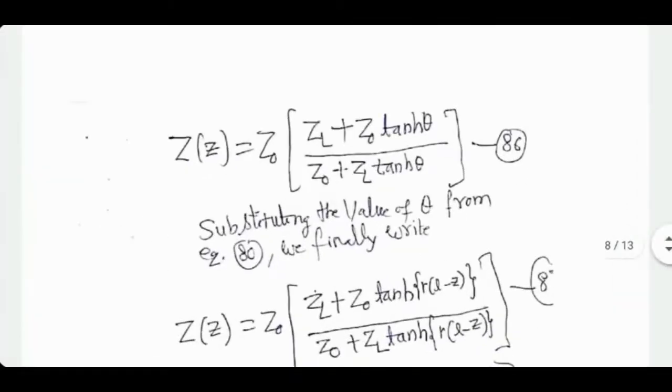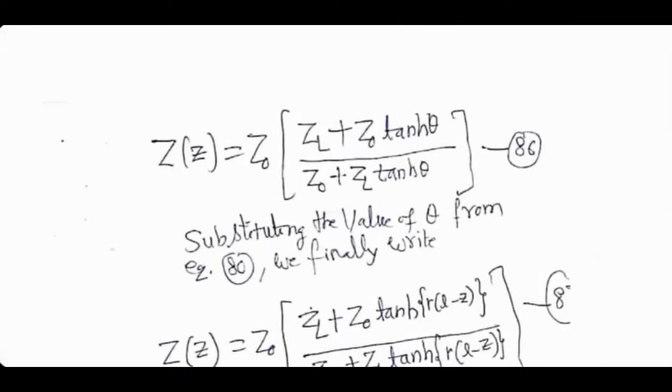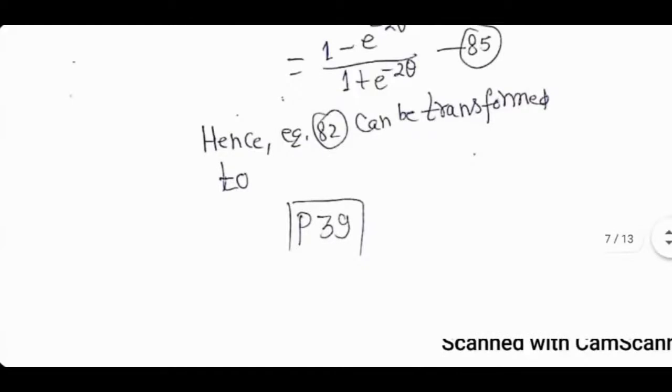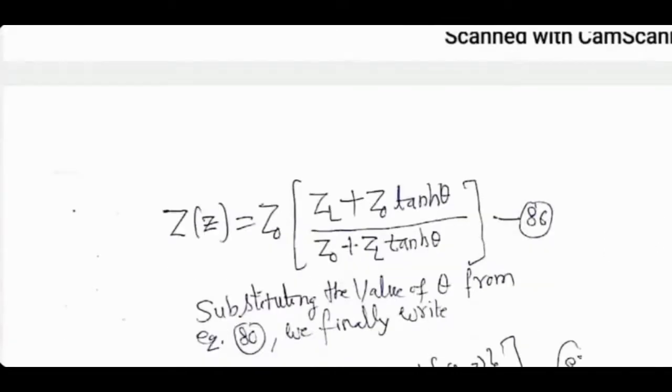The final formula for the impedance of the line at any location small z is given by this well-known equation. I think it's 86, right? Yeah, it's equation 86. Z0 multiplied by (ZL plus Z0 tanh theta) divided by (Z0 plus ZL tanh theta). If you remember the numerator, the denominator is obtained by interchanging ZL and Z0. This formula, normally nobody bothers deriving it anymore. People have memorized it by now.